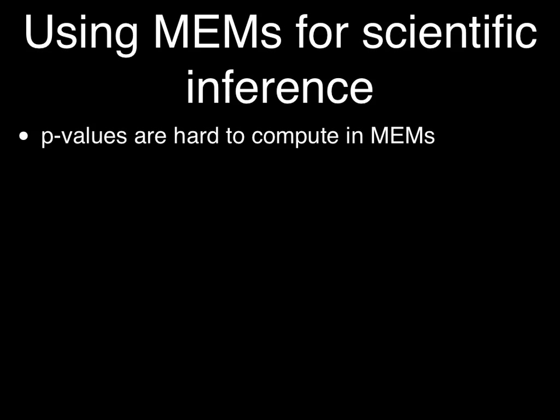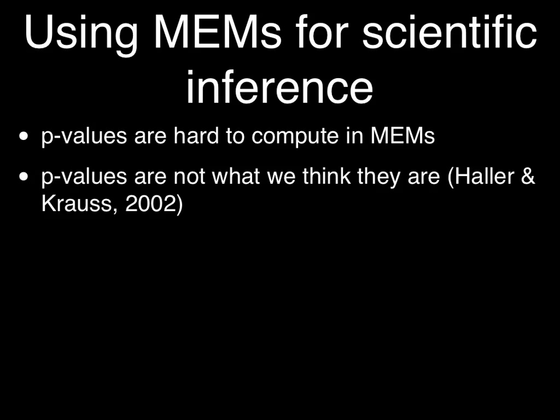While it is possible to compute p-values, as we traditionally see in our statistical literature, in a mixed effects model, it's very hard and it's very contentious. I generally just sidestep that whole area of debate